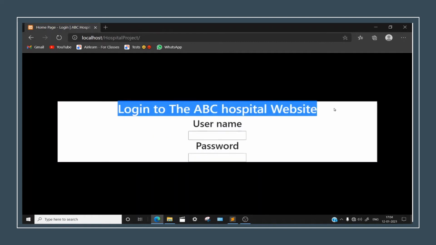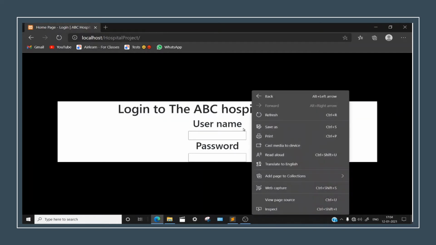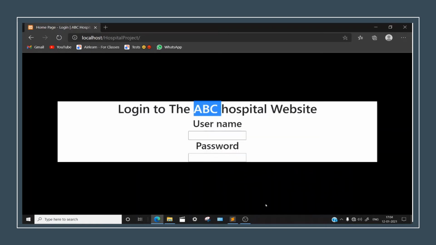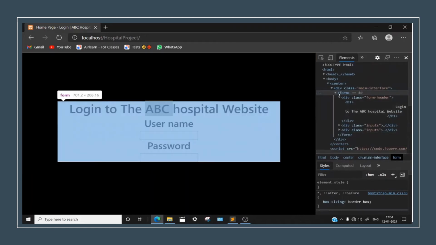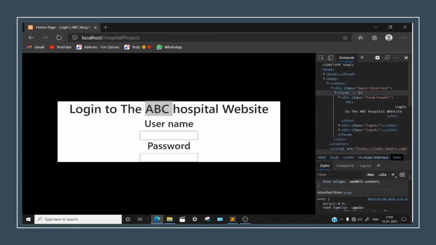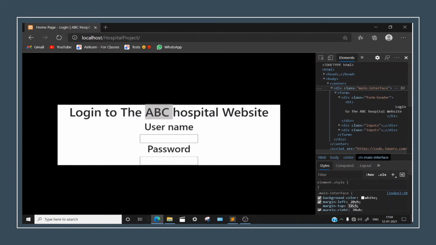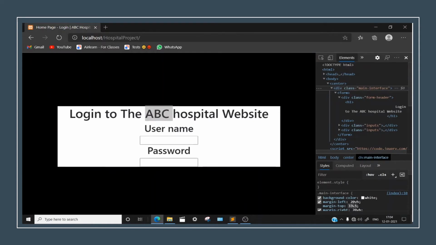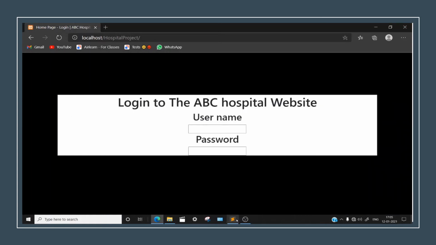You can just head down for this form. I want you all to check this thing out; I will be showing how to do this. I have selected some text, head down to inspect, and click on this form. Now you will be able to see these things. Here you can see this margin top. Just go with the top button and it will increase like arrow up and arrow down. You can also see the change with the margin left. And I know that you are intelligent enough to do these things. So I have just given this.